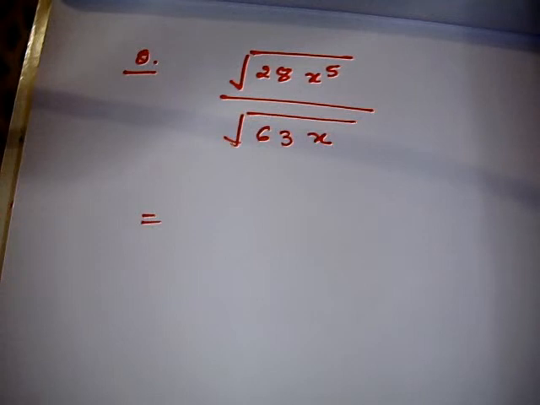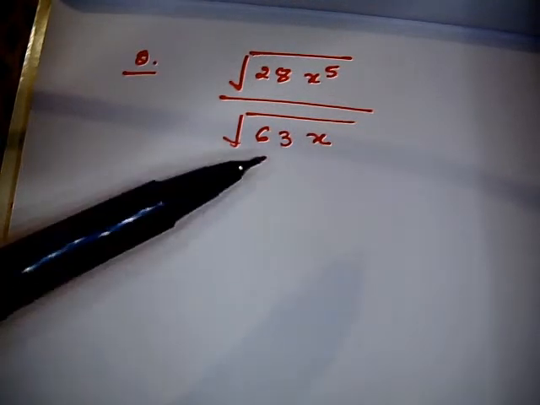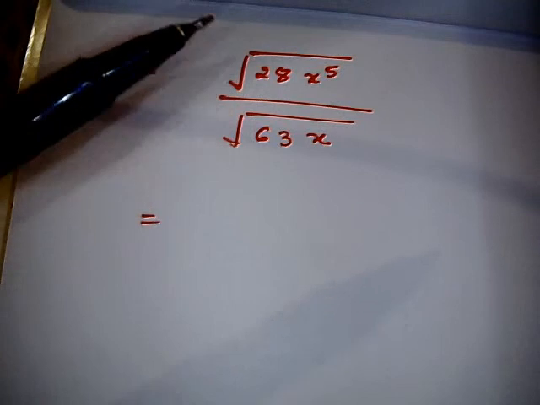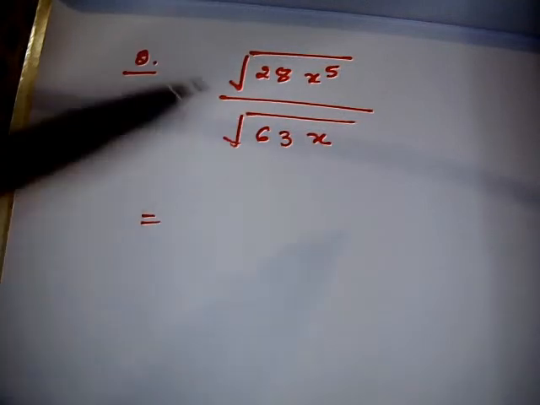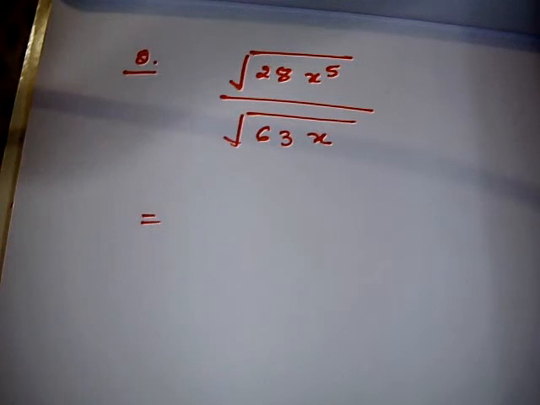Okay, in this video we will solve two questions. The question number 1 is over here. First, you have to check: 28 is not a perfect square of any number. 63 also, by seeing it you can't say it's a perfect square of any number. Maybe after factoring or breaking the number 63 into factors you could say it could be a number, but directly, at once, 63 is not a perfect square.